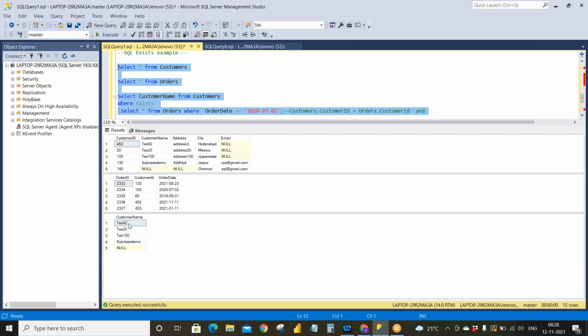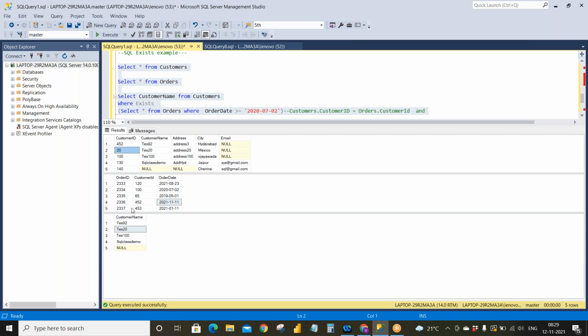In my result, I'm getting customer ID 92, which is order 452, which is perfect because this condition is satisfied, right? This 452 data is satisfying my condition, perfect. Now coming to customer ID 20, do I have that customer ID over here?